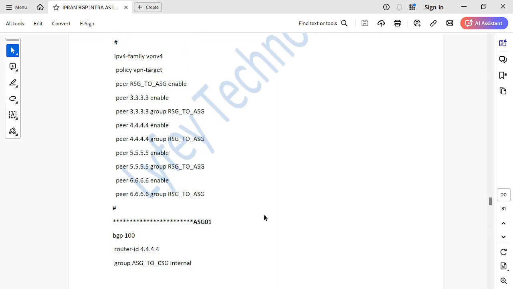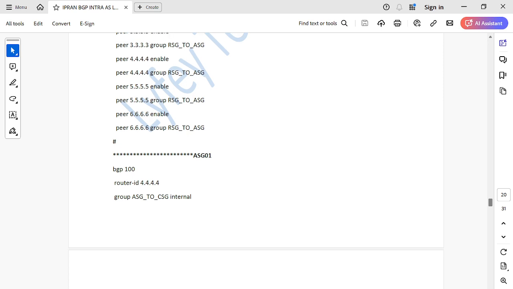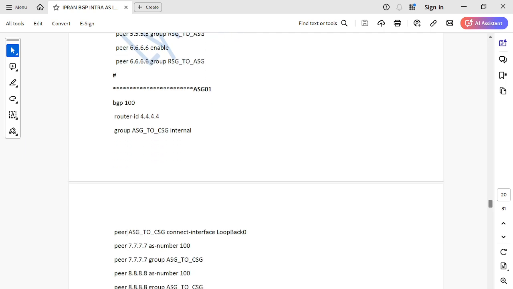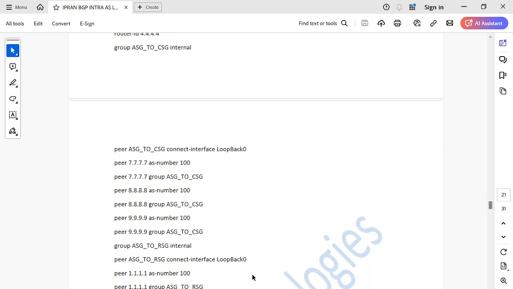After configuring the RSG, now we have to configure the SGs. On the SGs, remember we are peering to the CSGs and also peering to the RSGs. So on the SGs, we are configuring two groups. We have one for SG to CSG. This one will be the one to add the peering to the CSG sessions. And then we have SG to RSG. So we have another group, SG to RSG, and we are adding our two